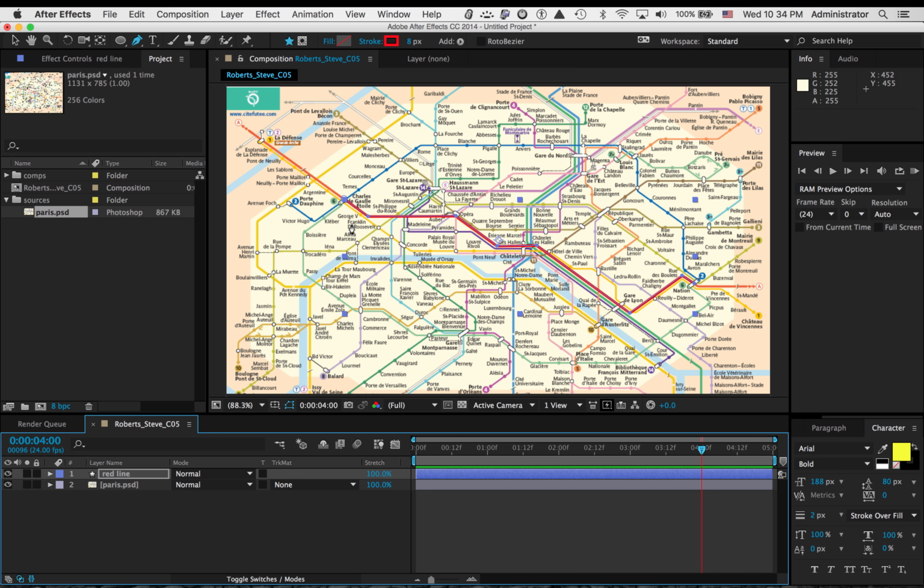But right now we have our red line, but one thing's not quite right. The red line goes over